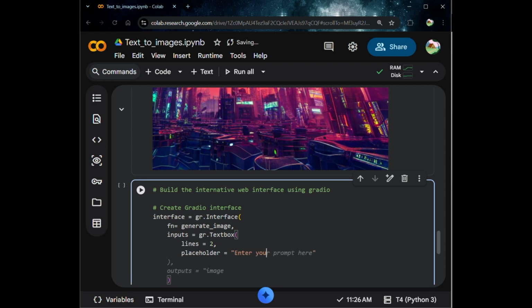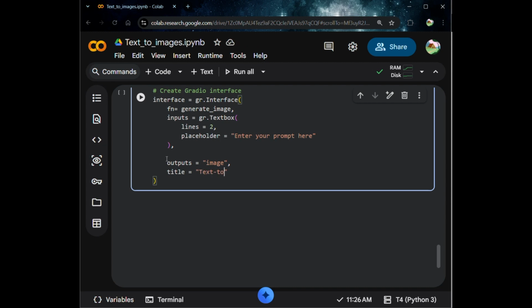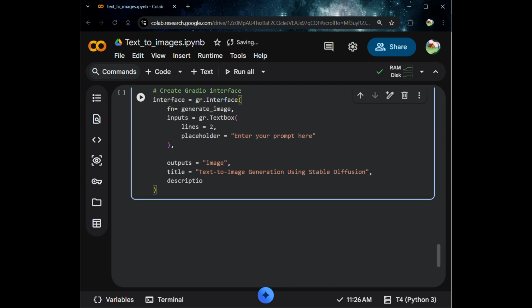fn equals generate_image, inputs equals gr.Textbox(lines equals 2, placeholder equals "Enter your prompt here"), outputs equals image, title equals "Text to image generation using Stable Diffusion",